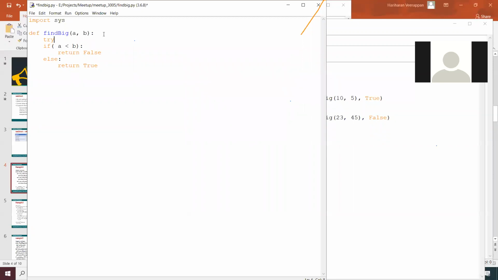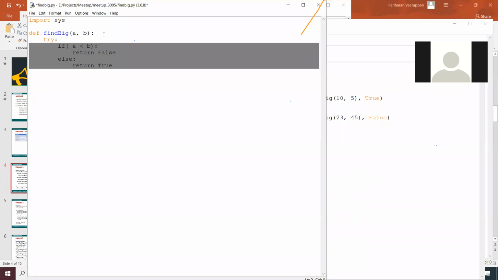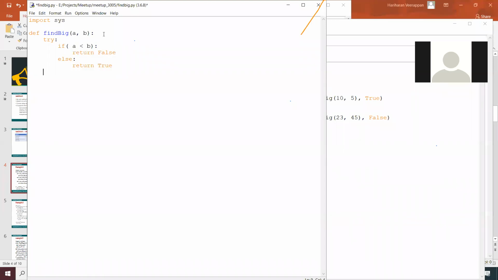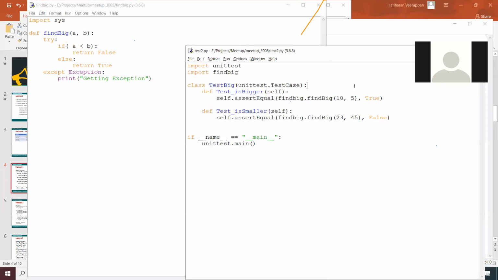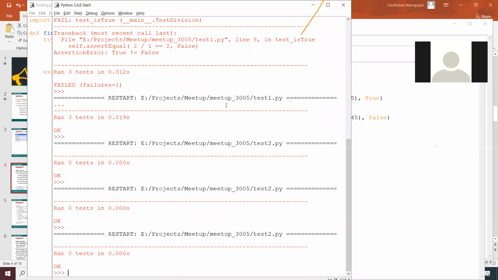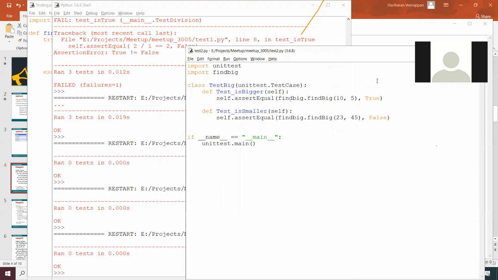I'm going to check whether any exception is occurring over here. Except exception, print getting exception over here, and now maybe we can run the test cases. It was fine.